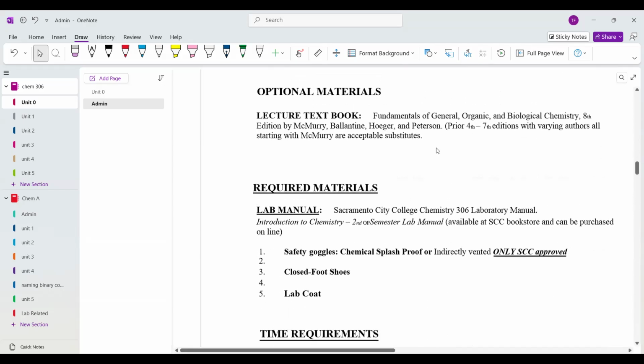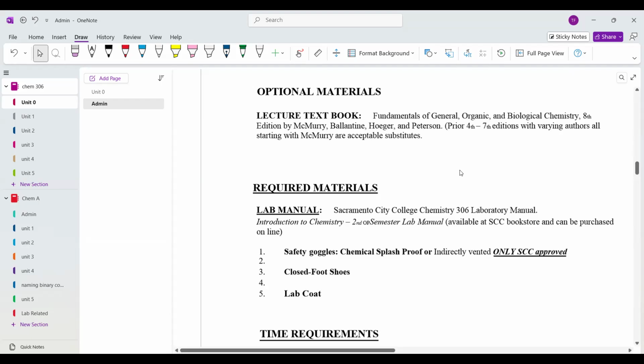Now, I really like the textbook. Over the years, I've noticed that the 305 instructors use the same book you get in 305, but most of the time the instructors don't require it. So most students don't have the textbook, so I changed it over to optional. It's a very good book. Get it used if you can, or rent it. Don't buy it outright unless you really like to keep your books.